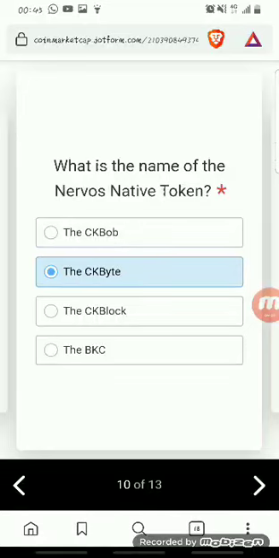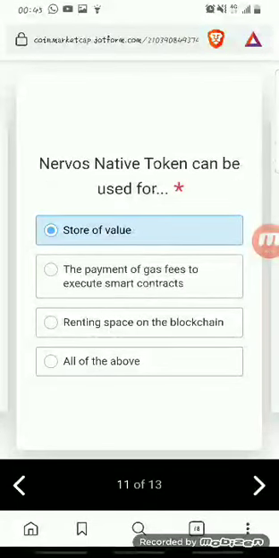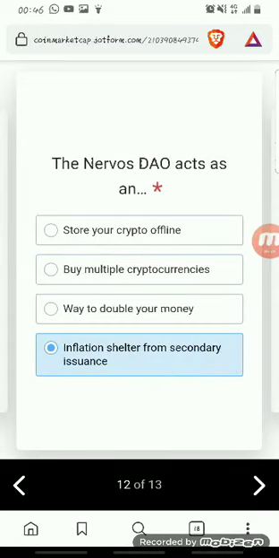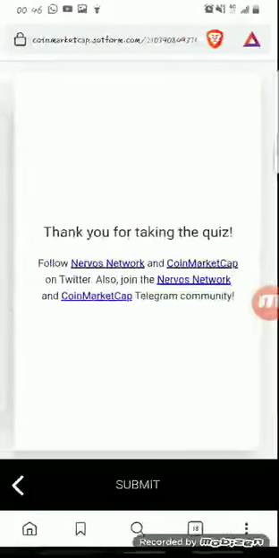Next it asks you what is the name of Nervos native token, which is the CKByte. Click on it and click on next. It asks you what the Nervos token can be used for, that's the store of value. Then you click on that and click on next. It asks you the Nervos DAO acts as an, so the answer is inflation shelter from secondary insurance. I think this is the last question. After this question, you click on next.